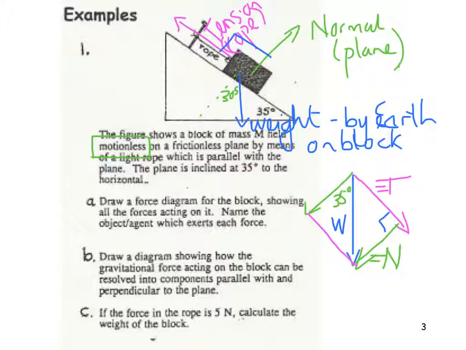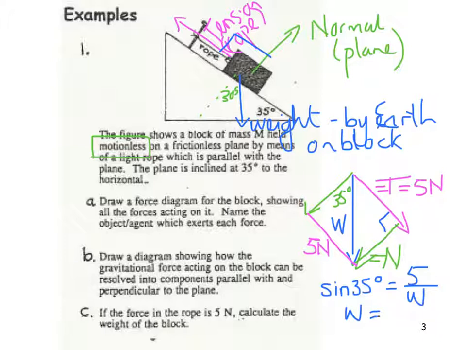If the force in the rope is 5 newtons, calculate the weight of the block. So I have been given that the force in the rope, which is the tension, is equal to 5 newtons. So that's 5 newtons over here. And that is opposite to my 35 degrees. And in doing that, opposite means I'm going to use sine, and I'm going to say sine of 35 degrees is equal to the opposite, which is 5, over the weight, which is W, and what happens is the weight turns out then to be